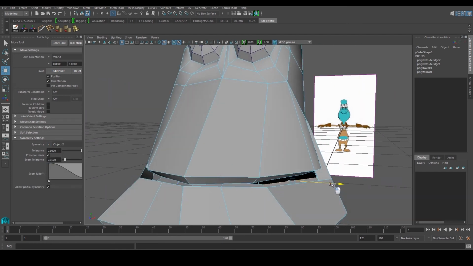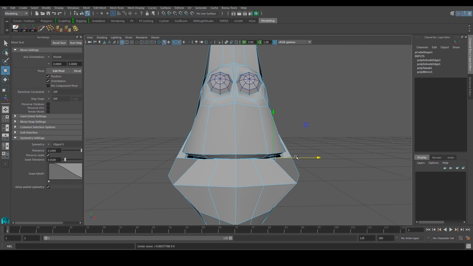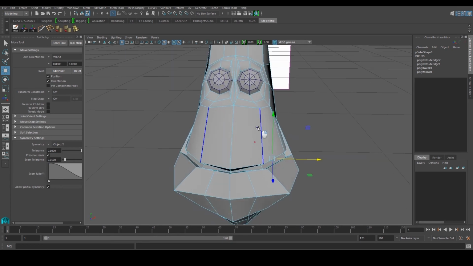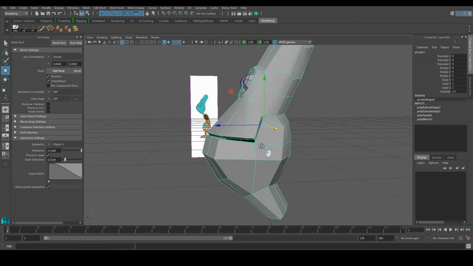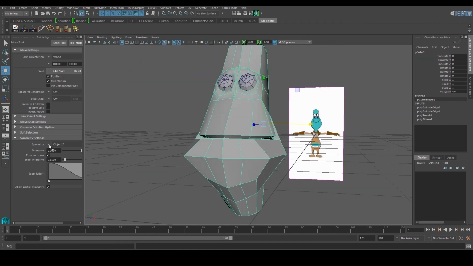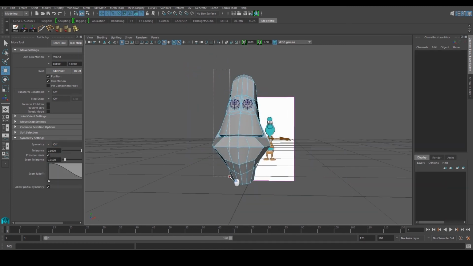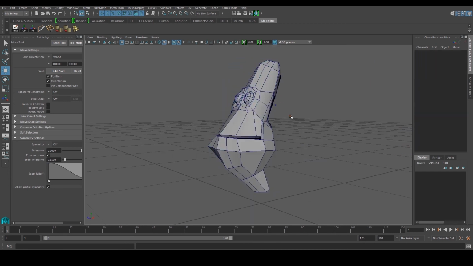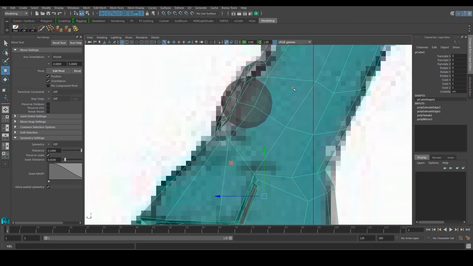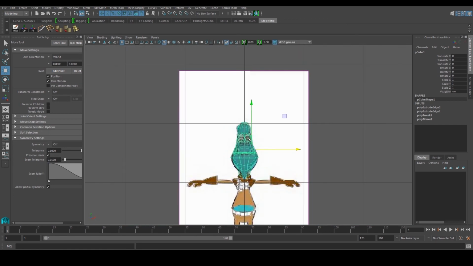If I go back to Object X for the symmetry, you can just push it in or push it out. Alright, it's not a big difference over here. So again, it depends on what you want to do. Alright, so if you find this too hard, what you can do is you can just turn off this, go back to your face, delete half of this guy, and then do that mirror geometry thing.